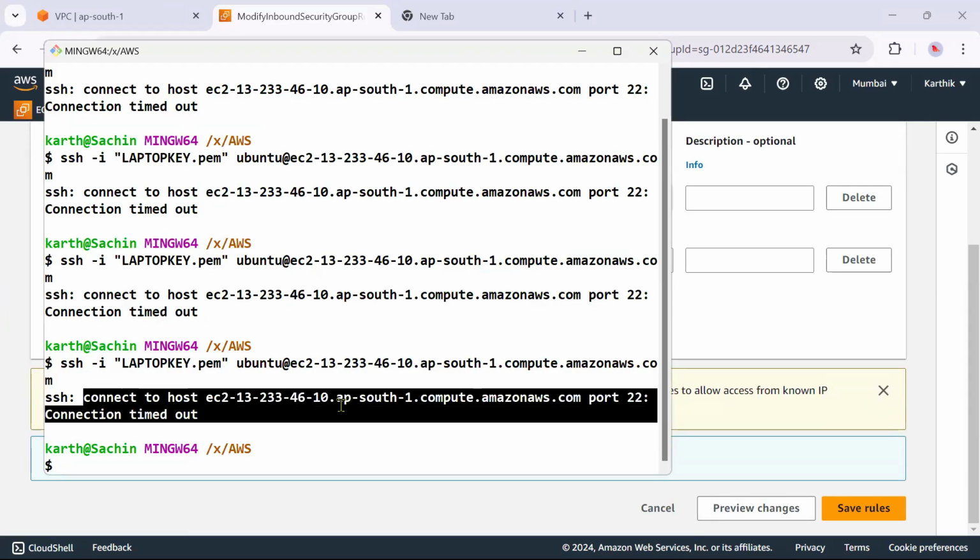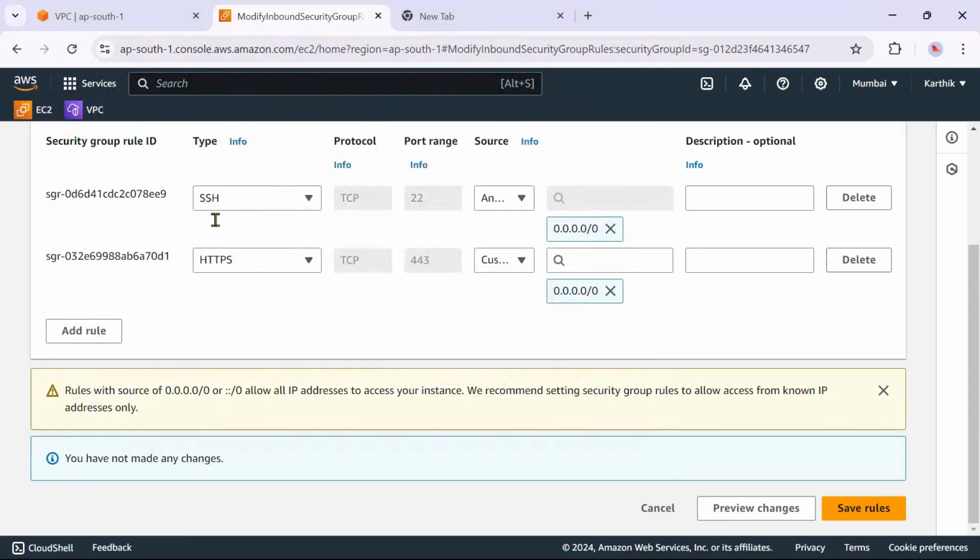Connect to host EC2 port 22. Port 22 is open here, right?